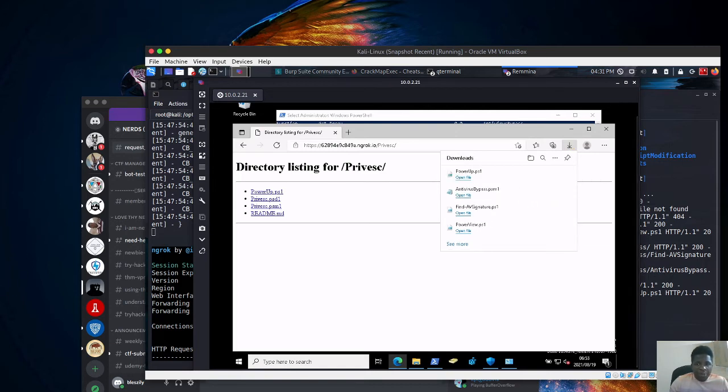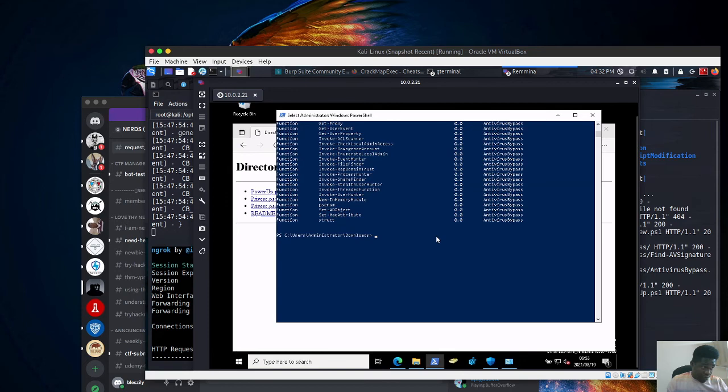So we're going to PowerUp now and see if we can probably put some user with admin privilege in that domain. Let's see if that's going to work out for us. If it works out for us, then it's game over. I think we'll call it a quit here tonight. But let's hope that works. Let's go try that out. So I'm going to go back to my PowerShell. Then I'm going to